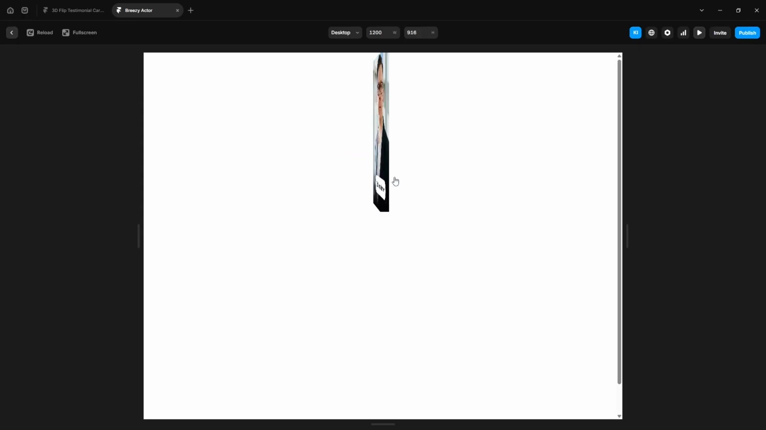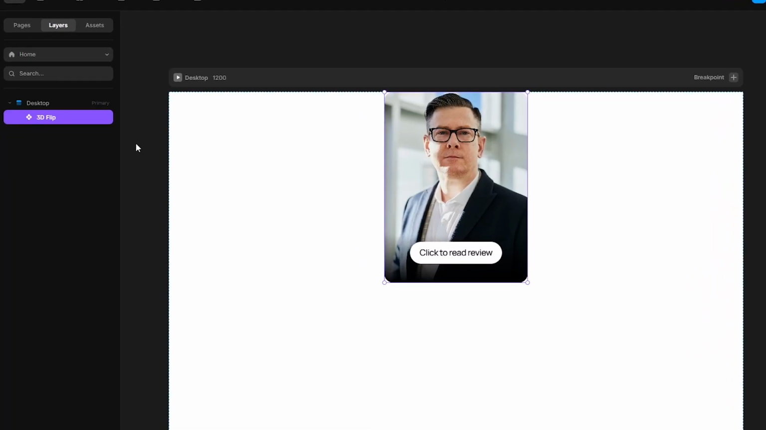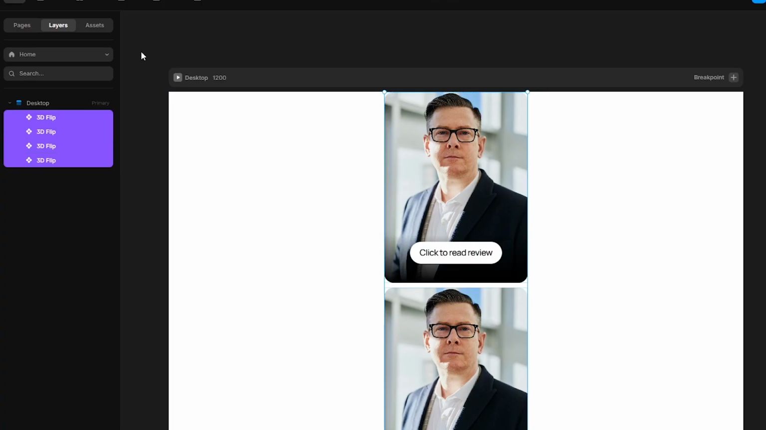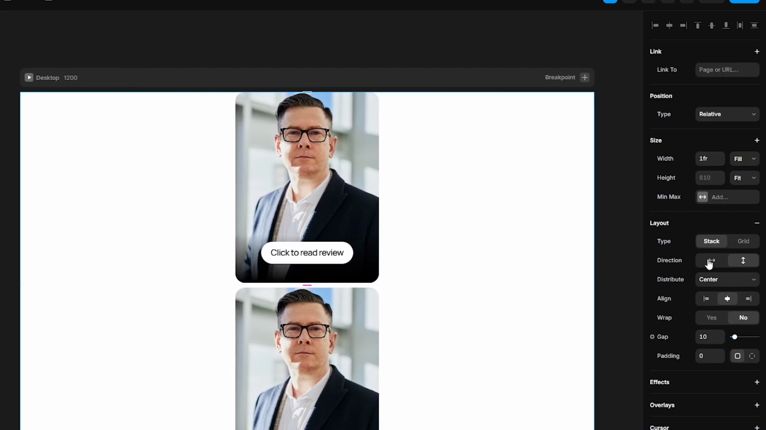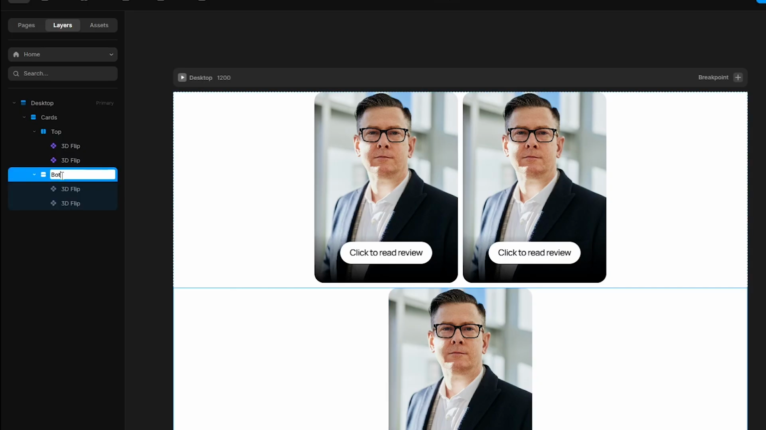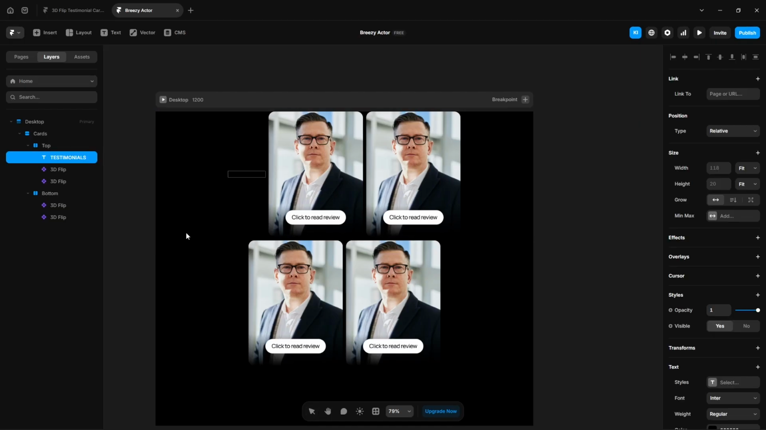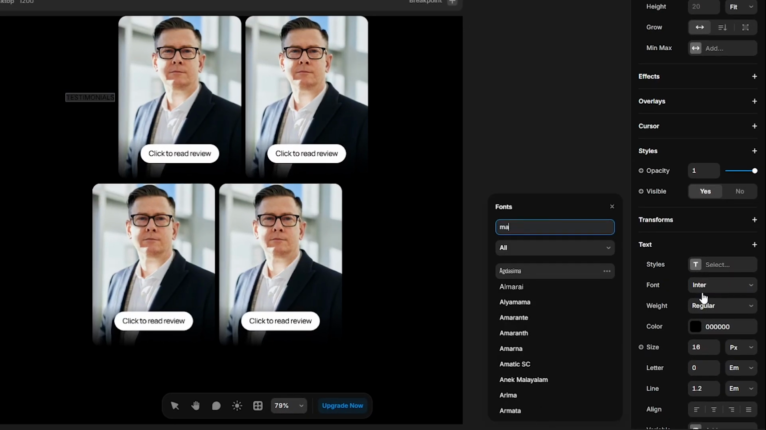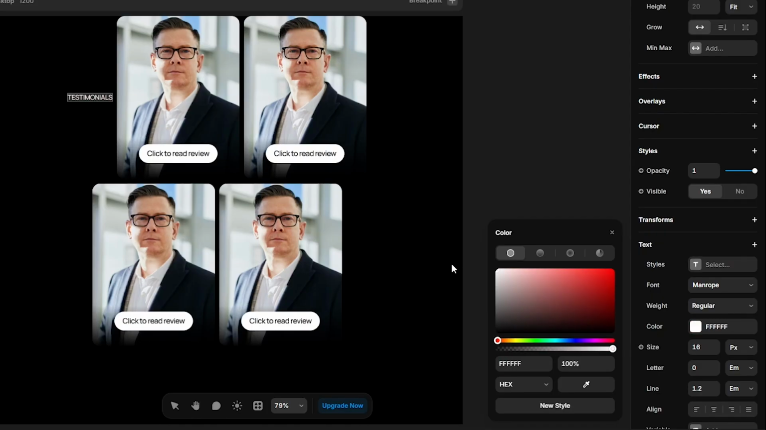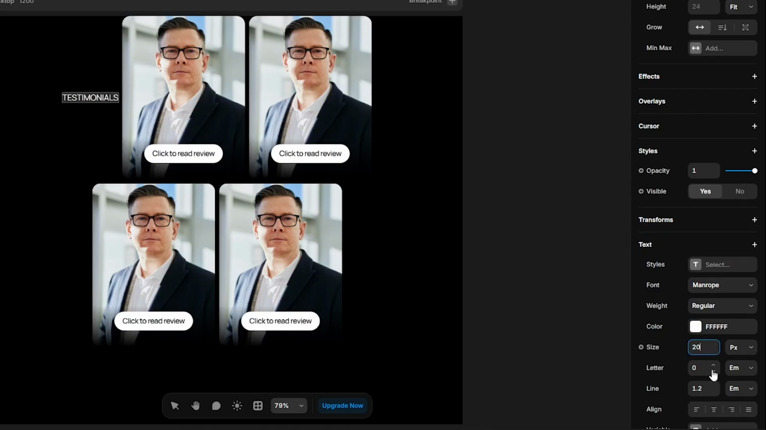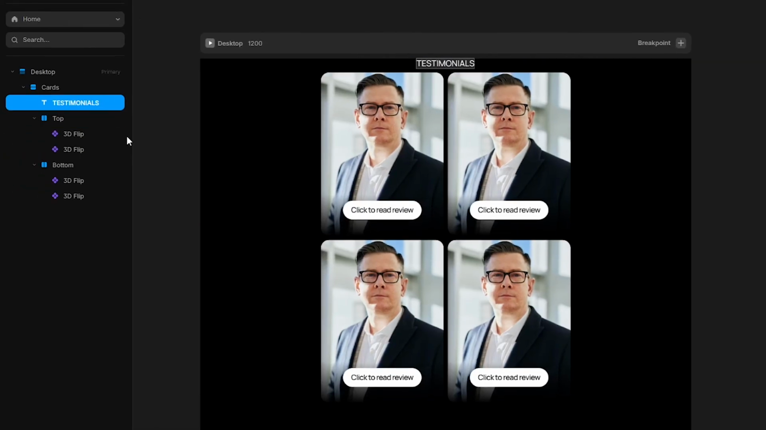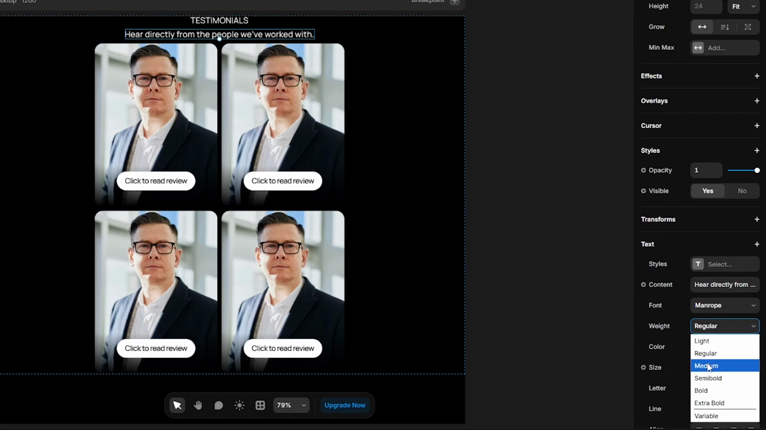Yeah, it looks great. Duplicate this 3 more times, then select all, add stack, name it cards, select this to add stack, name it top, direction horizontal, do the same, click here, change the fill color to black, then add text, paste our text, select it, font white, size 20, letter maybe 1 or 2, and drop it here, duplicate this, paste this text, font medium,